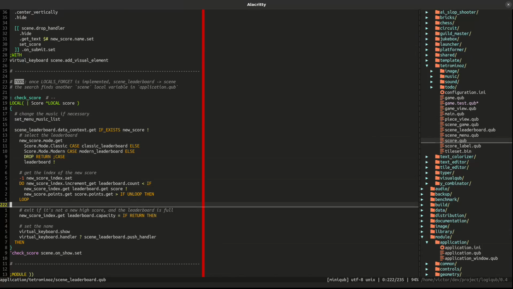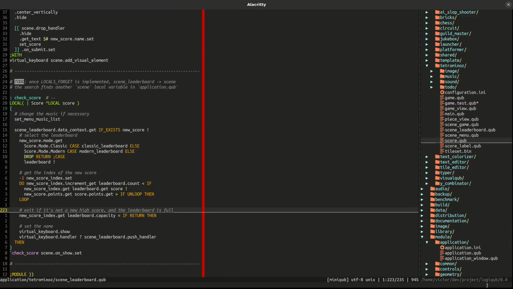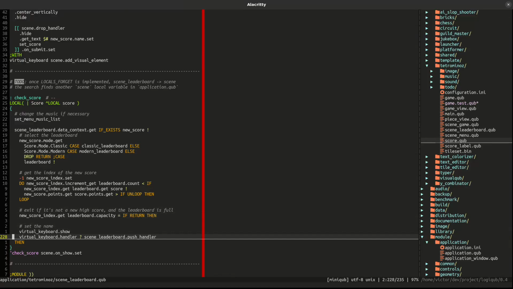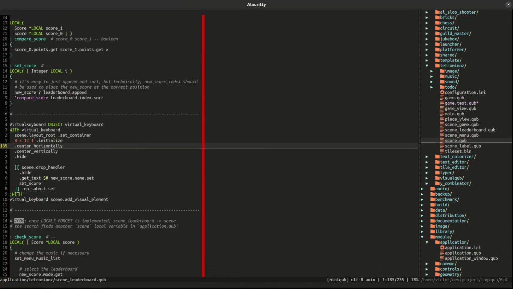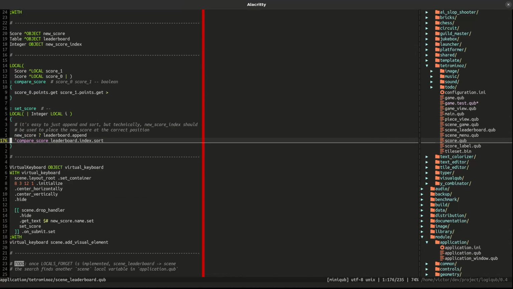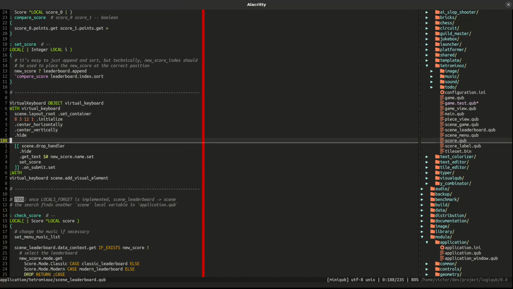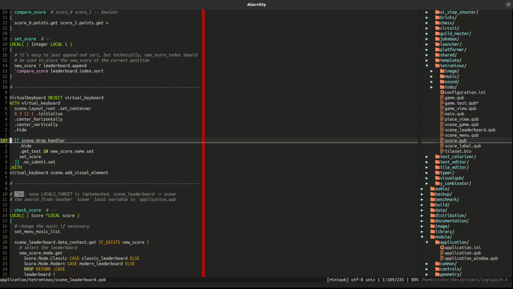What I was doing before is when I load the virtual keyboard, I do it in another scene, and in this case, I didn't want to create a new scene. So I have to show the leaderboard, push its handler onto the scene so that it takes priority, and afterwards here, when it's done, on submit,